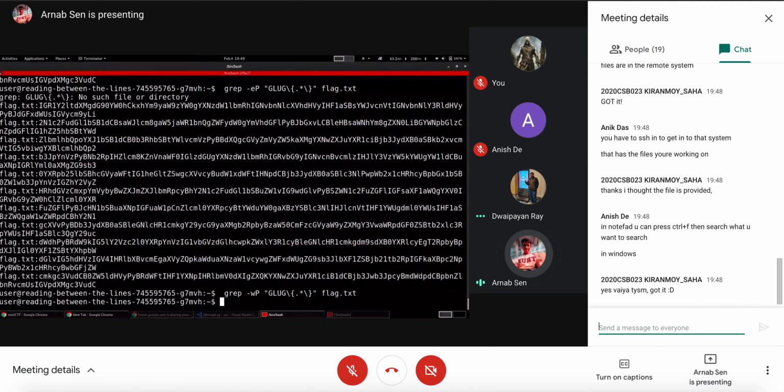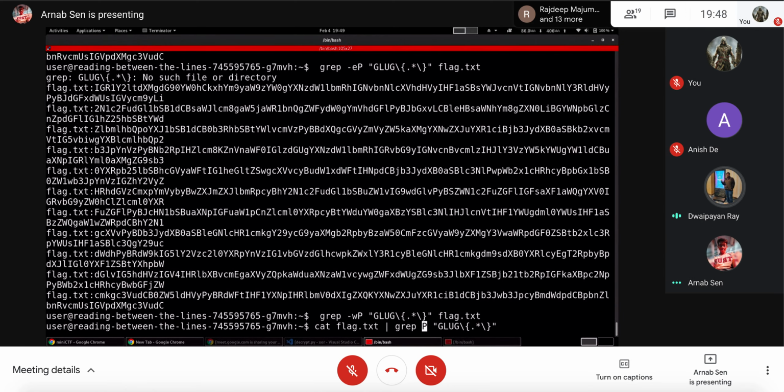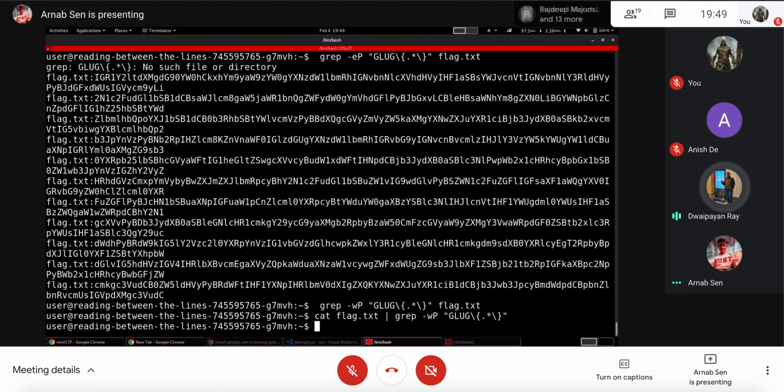It returned nothing. Try the previous one. Over here, but with WP. Exact match is W. It is not taking, W doesn't take the pattern.